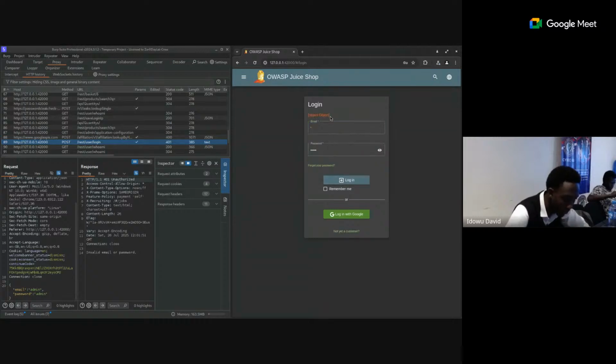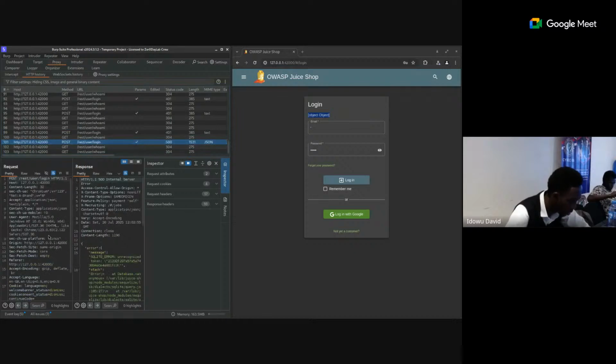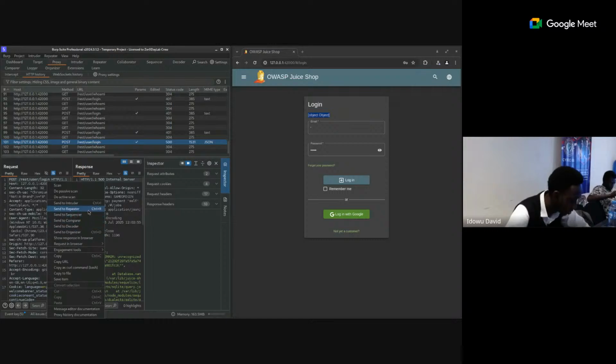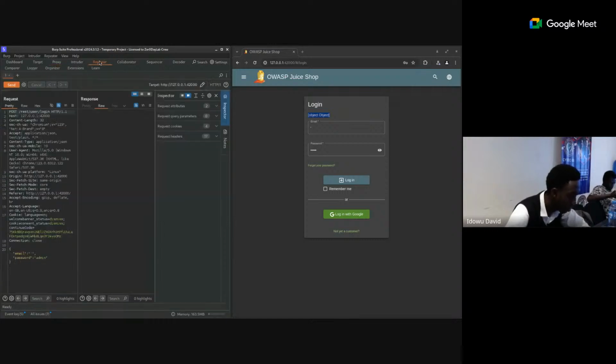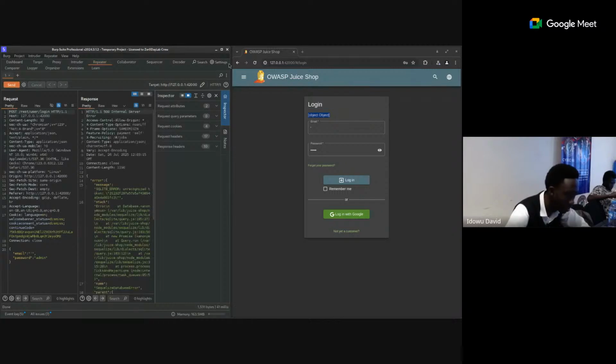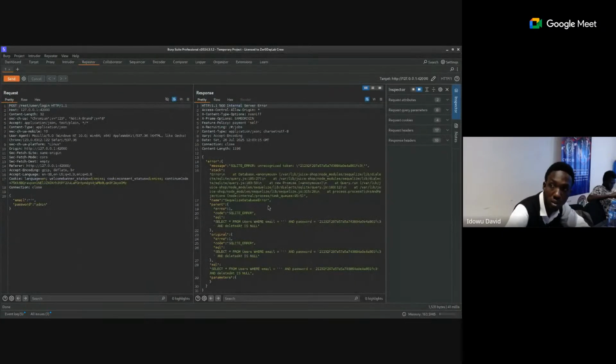Okay, we find a different type of error code. This object. Now let's take a look at what happens at the back end. Now, let's quickly send this to repeater. Now, in your repeater, to expand this, you see